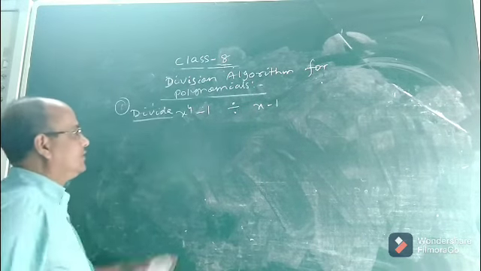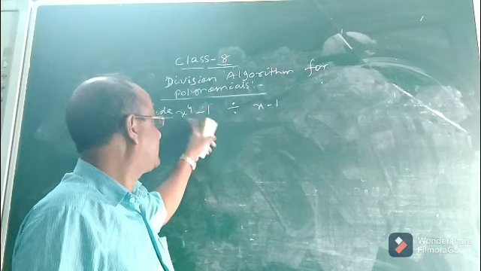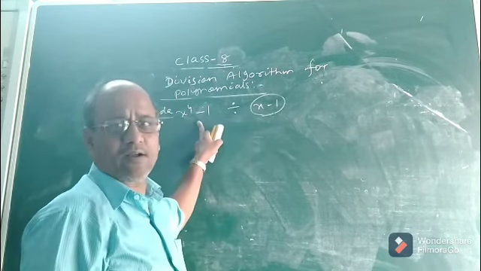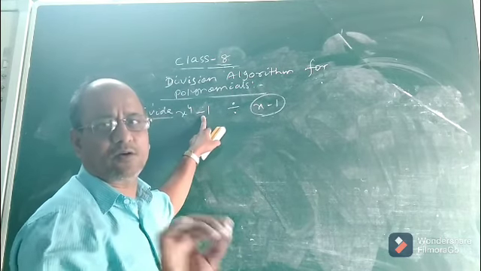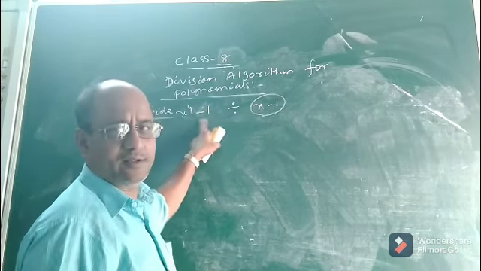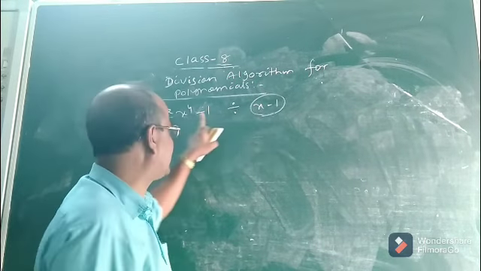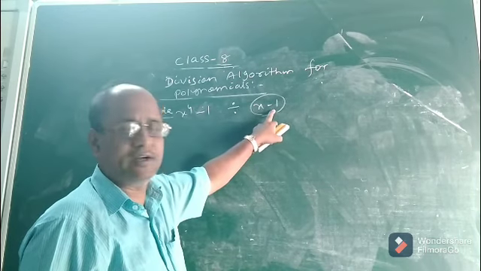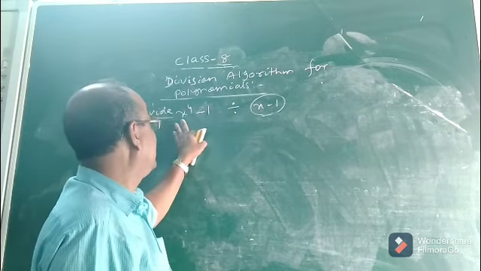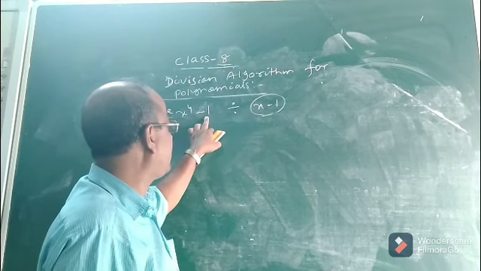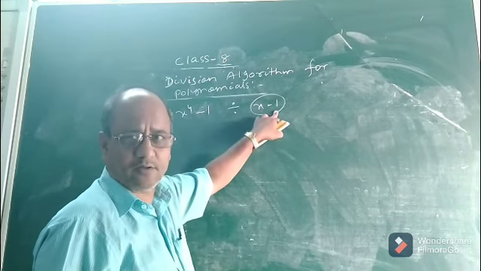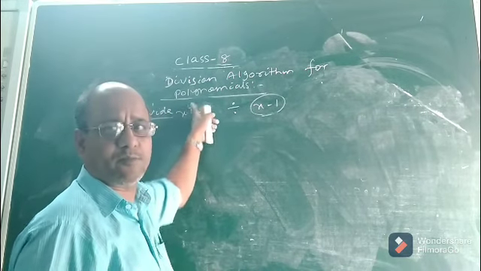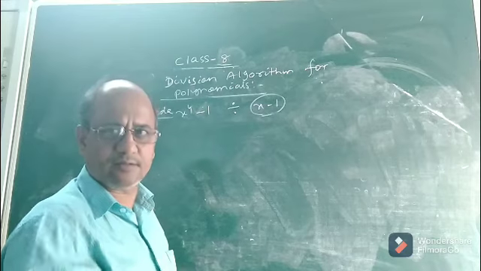Look at this, and see whether x minus 1 is a factor of x to the power 4 minus 1 or not. How to know? This is the dividend, this is the divisor, or you can say this is the numerator, this is the denominator when we denote it by a fraction. Now the question is: divide x to the power 4 minus 1 by x minus 1 using the long division process and check whether x minus 1 is a factor of x to the power 4 minus 1 or not. Okay, let us solve this problem.